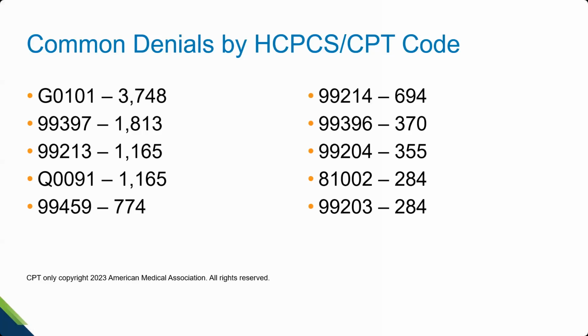Which of course, if we don't pay for the PAP, we're not going to pay for the obtaining, preparing, and conveyance. 99459, this is a procedure that has to be billed with a primary service. This is the pelvic exam practice expense code. So it needs to be billed with a primary service or we'll deny it. Another reason this is denying is because the physician is not eligible to receive payment, and we're also denying for dupes.